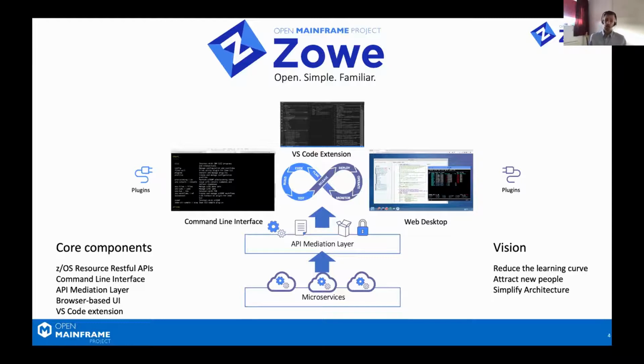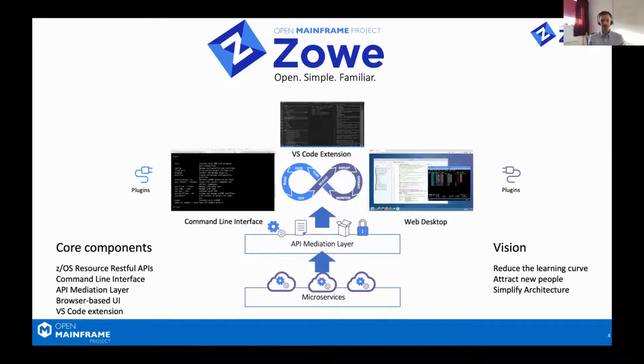We're trying to say the mainframe is still special, but if we can bring it to everybody, make it accessible to people who are familiar with more distributed backgrounds or new graduates, new starters, then that's better for them because they can deal with the best platform, and it's good for us because we can learn new ideas and share experiences. So that's the motivation for Zowe,